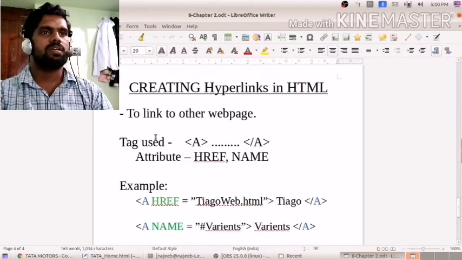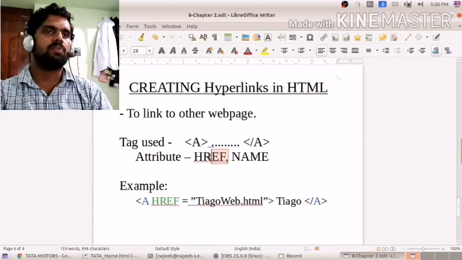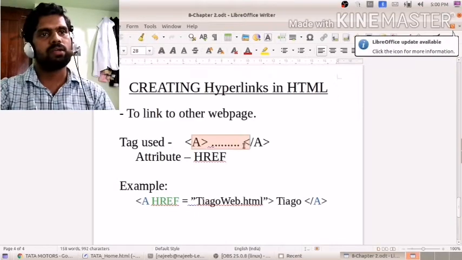It is used to link to another web page using the a opening and a closing tag. In this we are using an attribute href. href is an important attribute, and name is also there, but we are not discussing that here. Inside the a tag we can use the attribute href to say which web page.